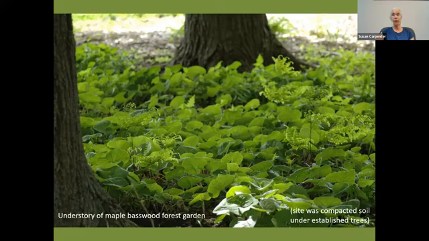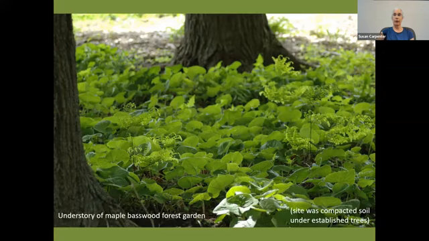We have the wild ginger, and we have some ferns, the maidenhair ferns just coming up through the ginger in this picture. There are many other spring ephemerals in this picture, and I'll have a slide later on to show you a wider view. But just know that you don't really have to amend the soil, other than having the leaf compost just remaining on the ground and breaking down, and eventually with a lot of planting and a lot of care, you can come up with a garden even on an area